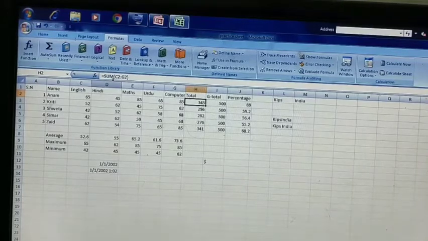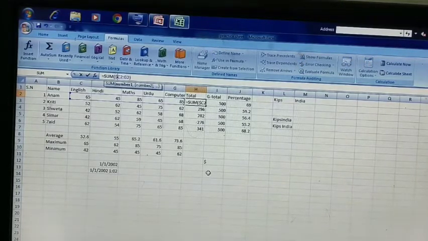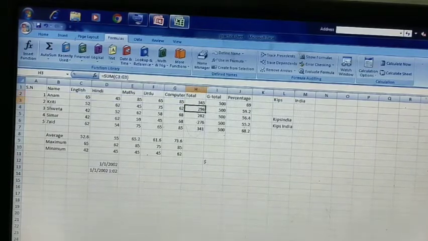Now I am just making it absolute by putting a dollar sign before the column address and before the cell address on both sides. I am adding a dollar sign and just pressing the enter key.